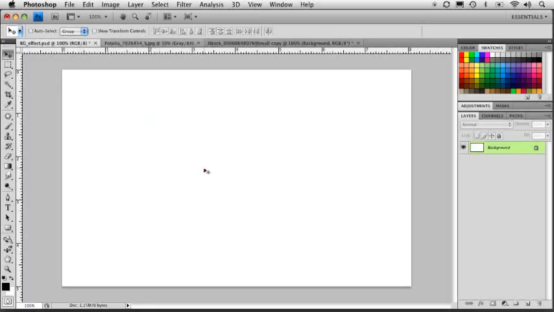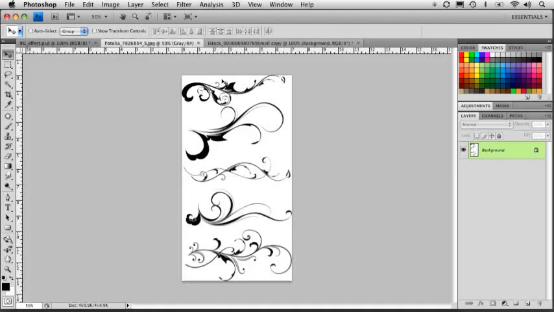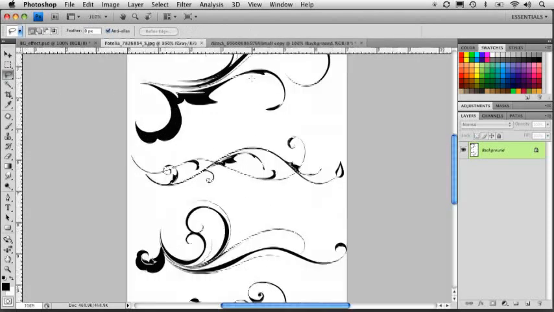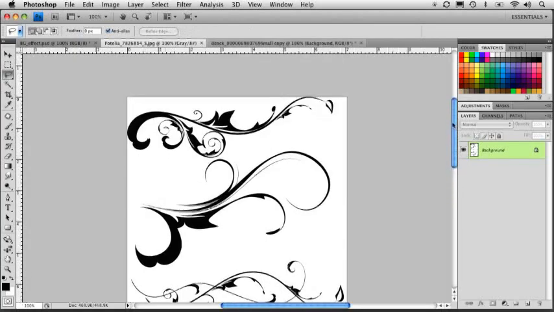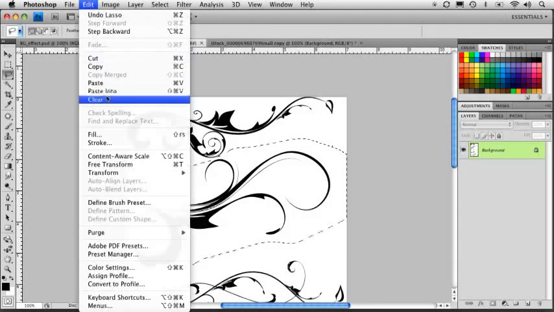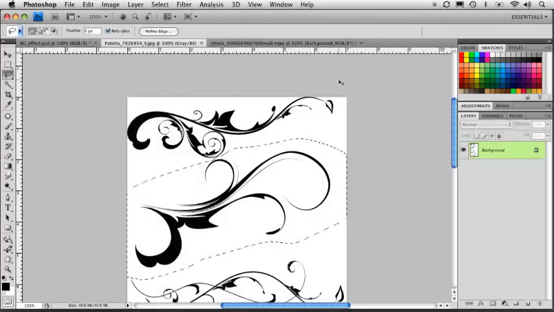So I've already got my document set up here. I'm going to jump over to my file where I've got some stock art here. These are just a bunch of stock swirlies that I found, and I'm going to go and use the second one to create my pattern with. So I'm going to zoom in here and grab my lasso tool right here. I'm just going to drag around and select this one swirly shape here. And I'm going to go ahead and copy it to the clipboard, and let's go ahead and create a new